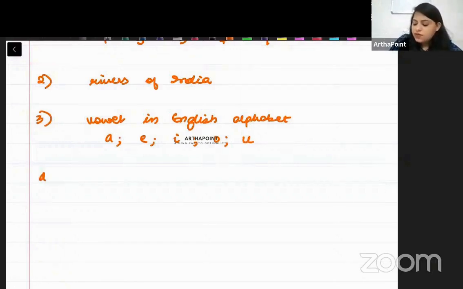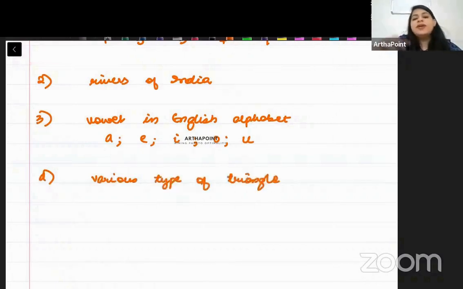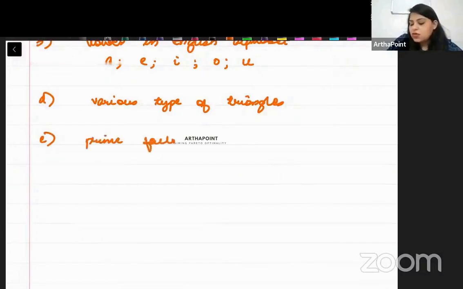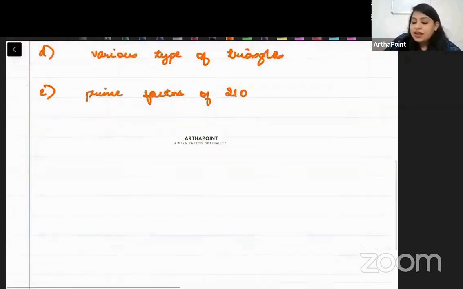A collection of various types of triangles. Beta, if I say isosceles triangle, equilateral triangle, if I collect different kinds of triangles, this is also a set, okay? Now, let me give you more examples. Prime factors of 210. Beta, what are the prime factors of anything? They are the numbers which, when I multiply them, I get 210, and they should be prime numbers. So, for example, I know that